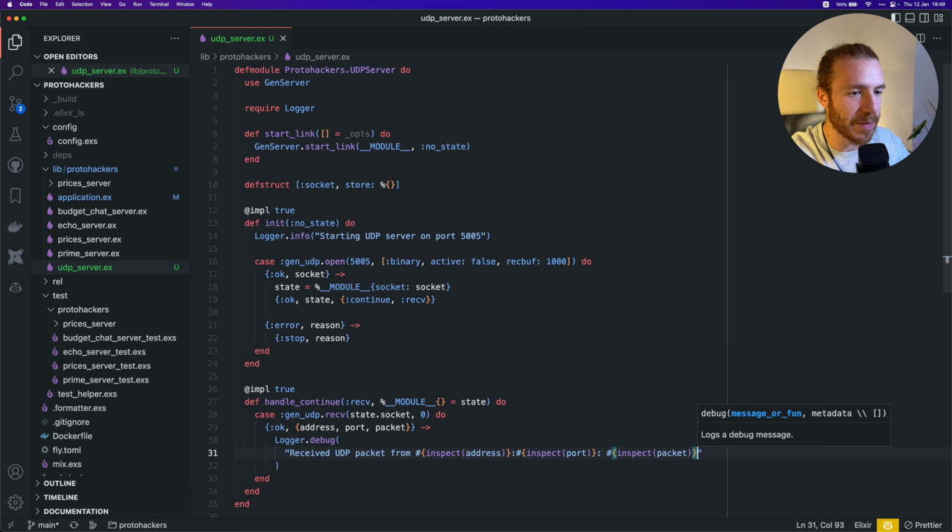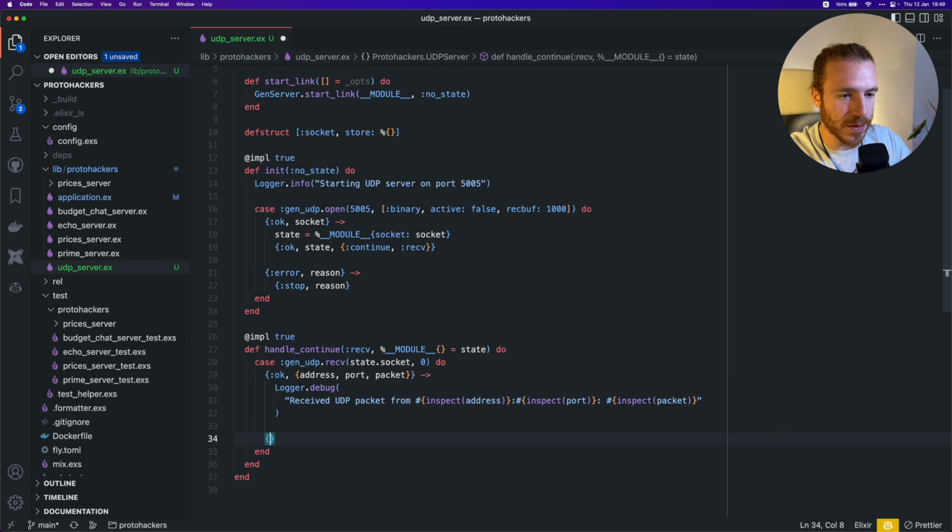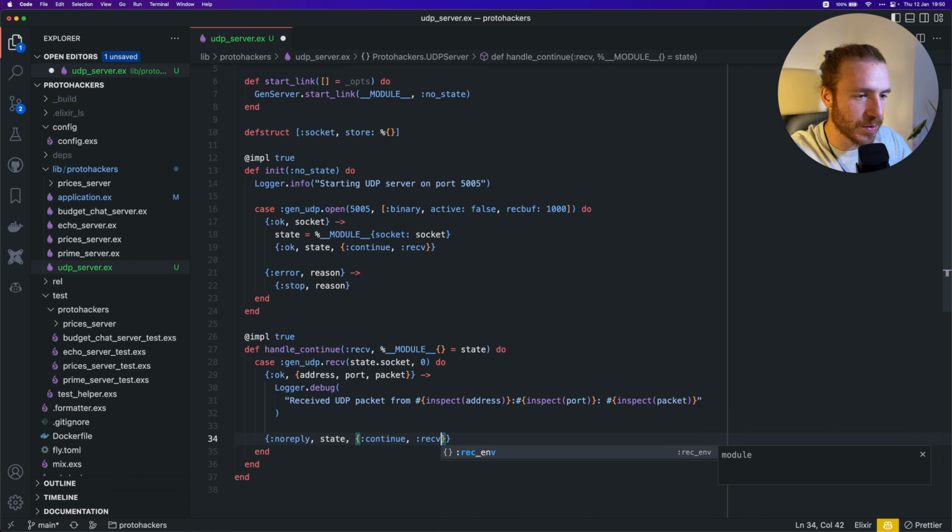So we kind of debug everything. Perfect. And then we would return no reply, the same state, and continue receive to go back in the loop. If this returns an error,